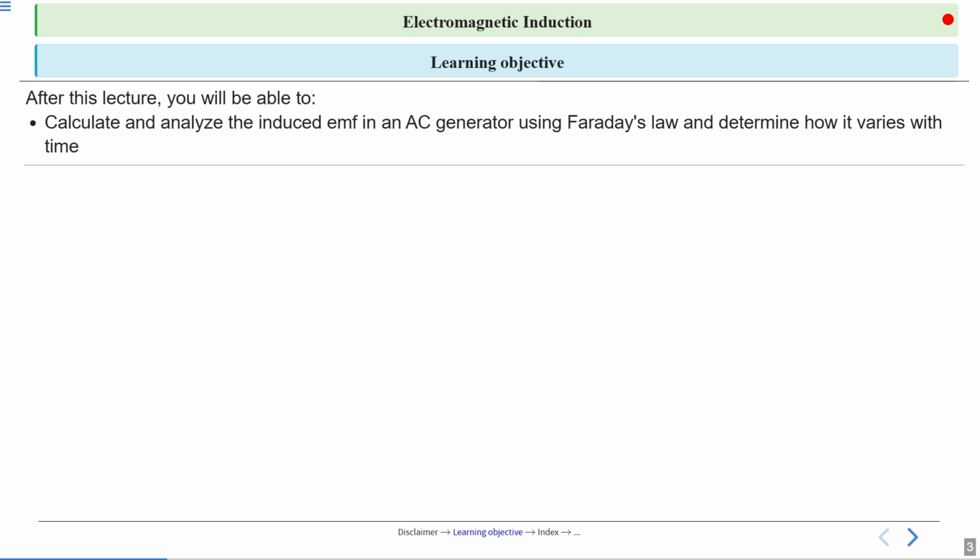Like rotating a coil in the magnetic field. We have discussed in moving charges and magnetism the torque on a rotating coil. In that topic, we know that the angle between the magnetic field and area vector will change. By that method, we are going to change the magnetic flux and induce the EMF in the coil. And that is the principle of the AC generator.